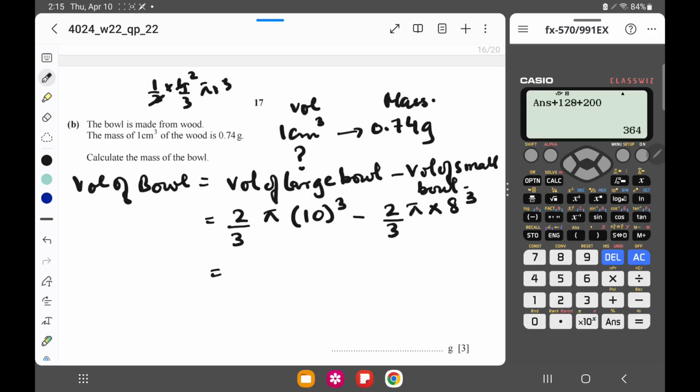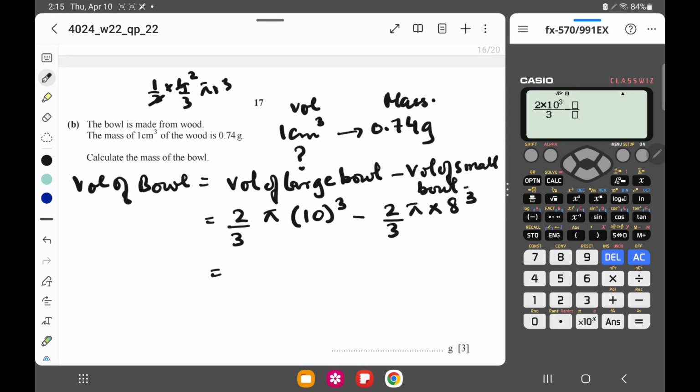So 2/3 times pi into 10 cube minus 2/3 pi into 8 cube. I'm keeping my answer in terms of pi. That is 2 into 10 cube divided by 3, then minus